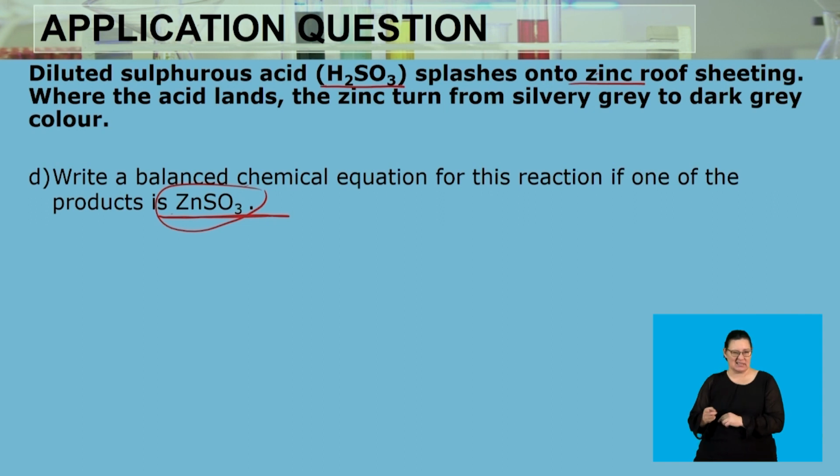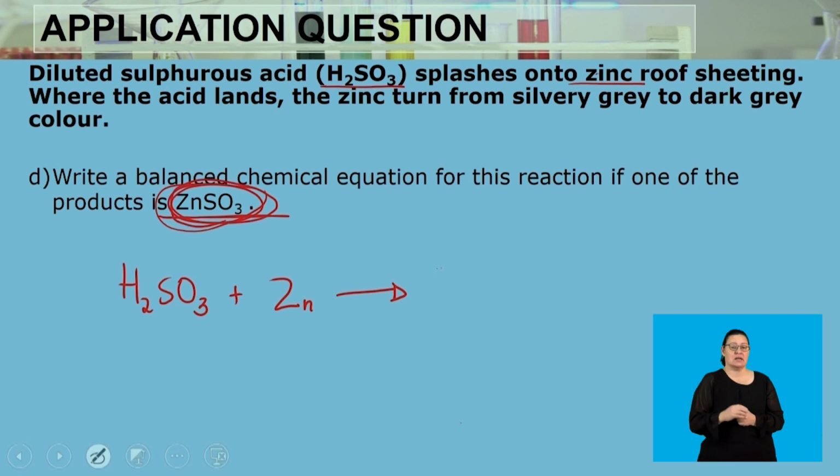So the reaction, in terms of the chemical equation, we are going to have our H2SO3 plus zinc. This is going to react to form one of the products, and that is going to be our zinc sulfide,